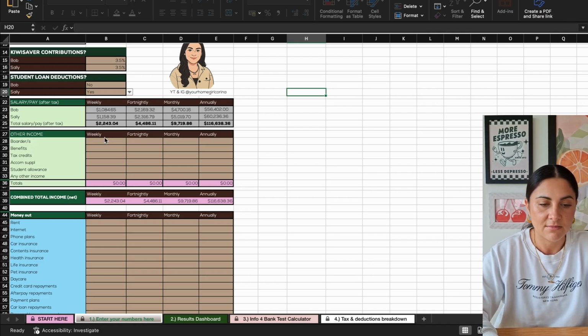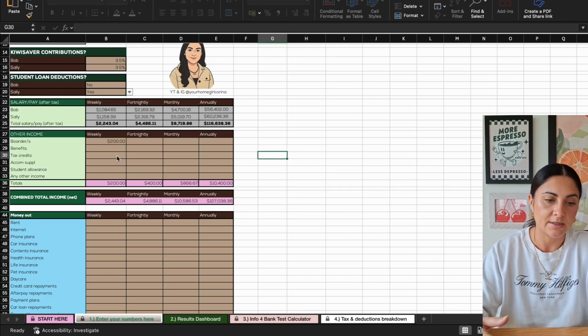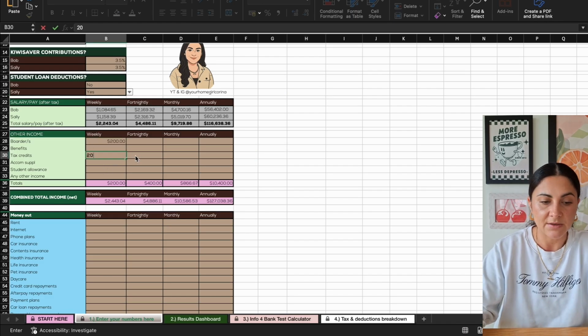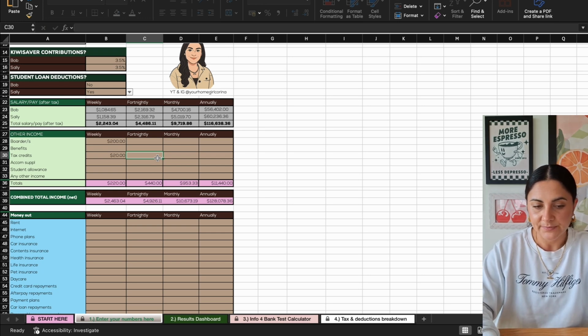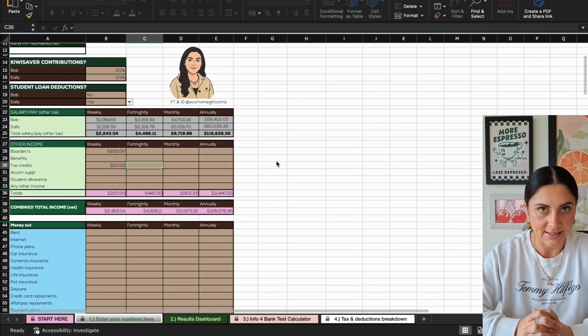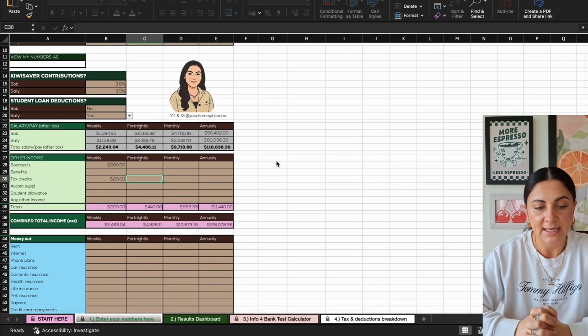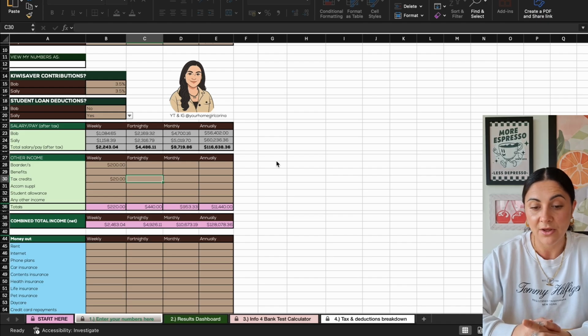Tax credits, you might get $20 a week. You might be getting an accommodation supplement, might be getting a disabilities benefit. Any income, chuck it in here. Okay, so it's worked out that the total combined income after deductions, so net, for Bob and Sally is $2,463 a week, or $4,926 per fortnight, $10,673 per month, or